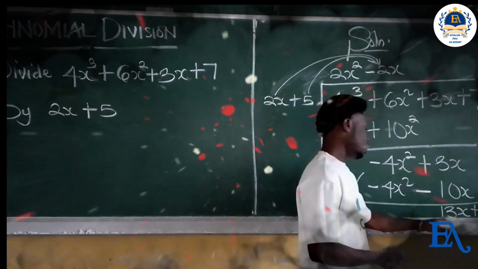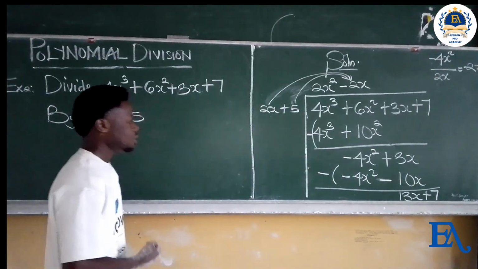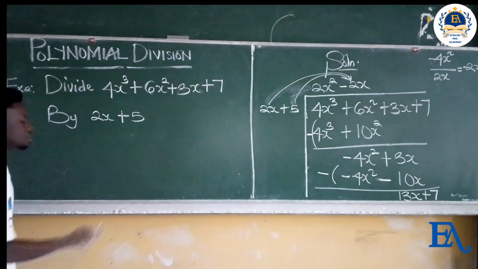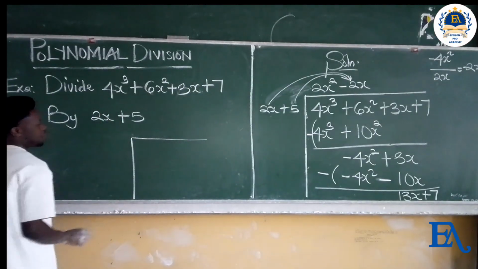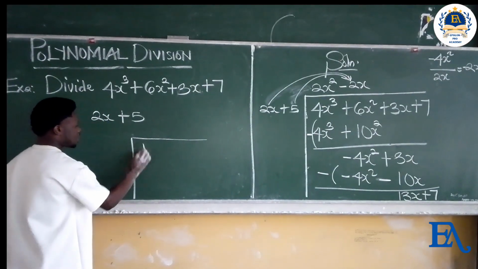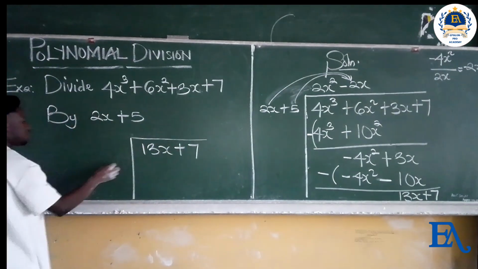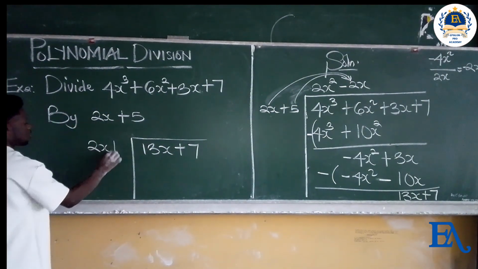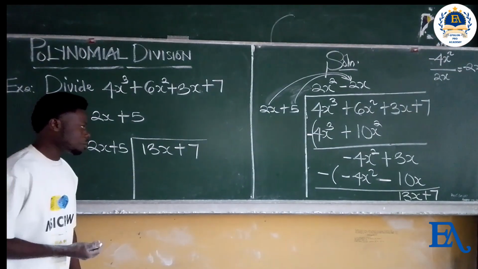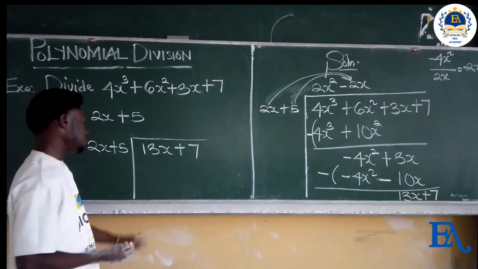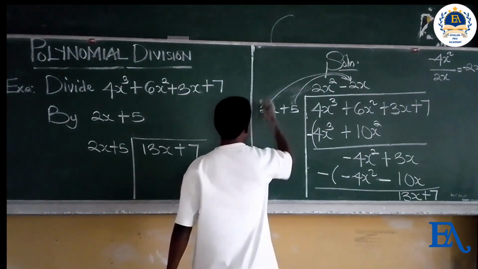We are going to repeat the steps again. This is our new dividend, 13x plus 7. Since that's a new dividend, dividends are always kept inside. The dividend is 13x plus 7 and the divisor remains 2x plus 5. So we are going to apply step number 1. Step number 1, divide the first term of the dividend by the first term of the divisor. If we do that, that is